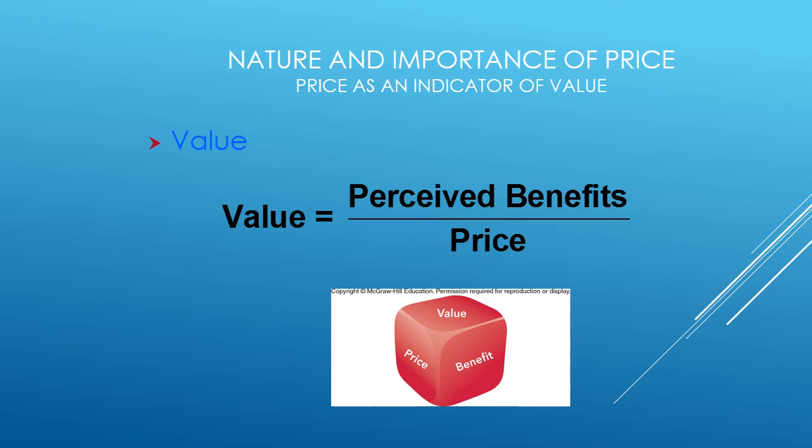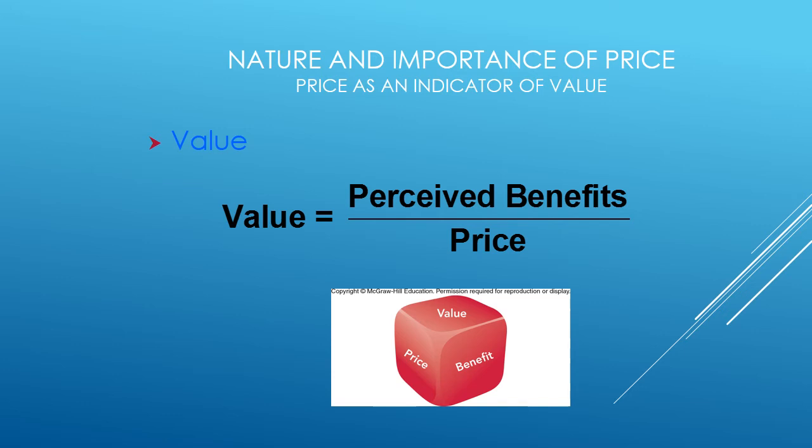Now, let's talk a little bit about the nature and the importance of price. One of the ideas about price is the concept of value to the consumer. For any particular item that a person might want to purchase, there is a value, and the value is the perceived benefits of the product divided by the price. So it's a comparison of perceived benefits by price, and we tend to buy products that we think have the highest value. That is, the most perceived benefits